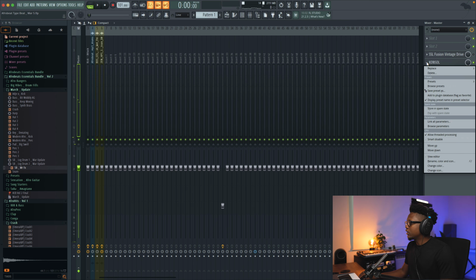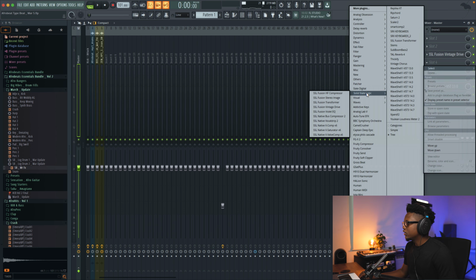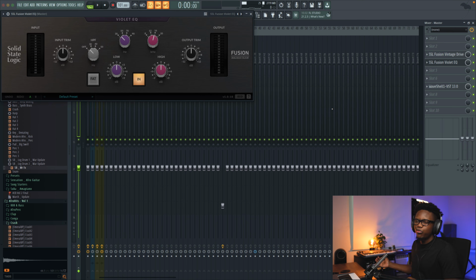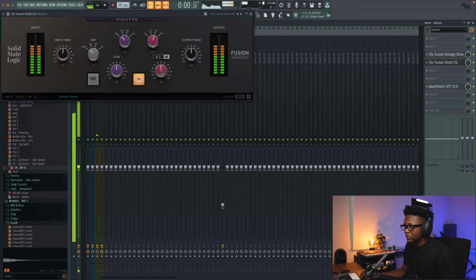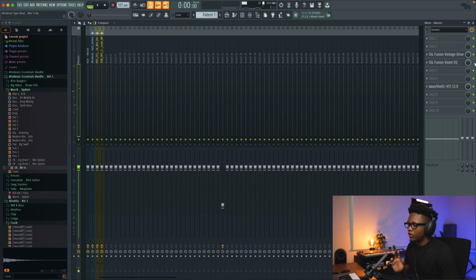So I'm going to stick with the SSL vintage drive for now, and the next plugin is gonna be the Solid State violet EQ. This one will bring up my high end. Listen closely, guys. See, this one you can feel right here. Without it, our instrumental lacks top end. See, not really interesting, but now